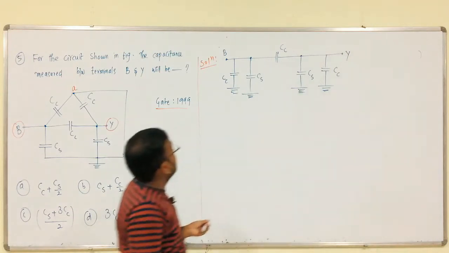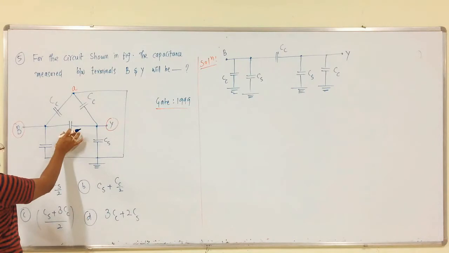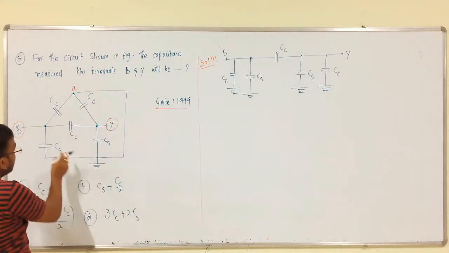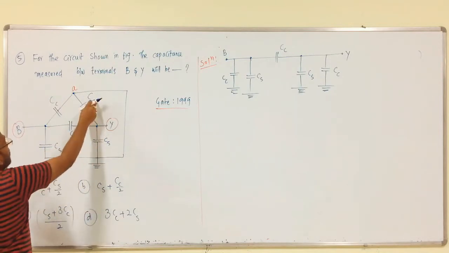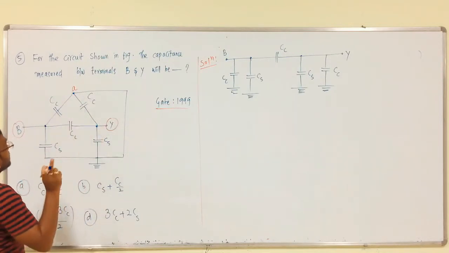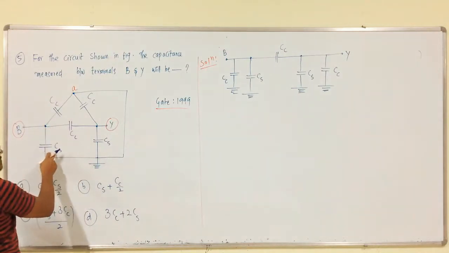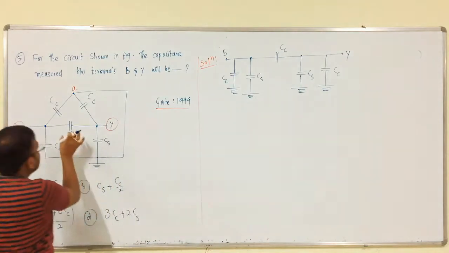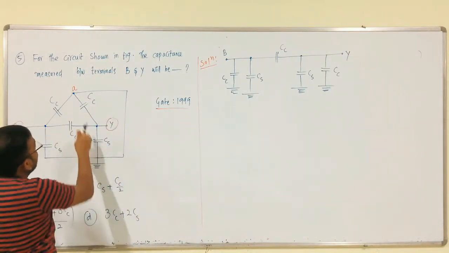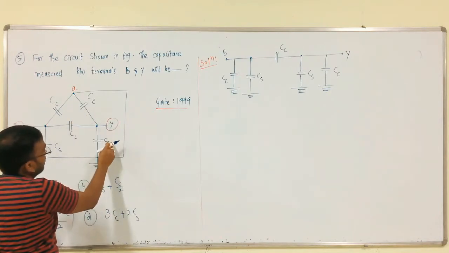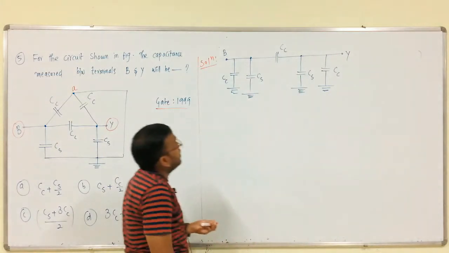C. We have 1, 2, 3, 4, 5 like this. The CC is connected between B and Y, but coming to the CS and this CS and this CC and this CC, these 4 are connected to ground. See, CC from here to ground, CC and CS, CC and CS like this. In between these two we have CC, right? Again CS connected to ground, again this CC comes beside from this CS. So, CC CS, CS CC CC, that is it.